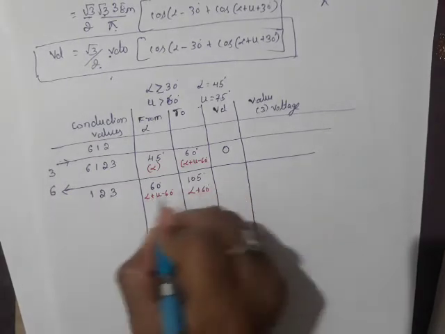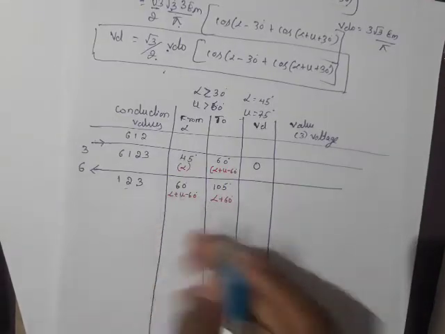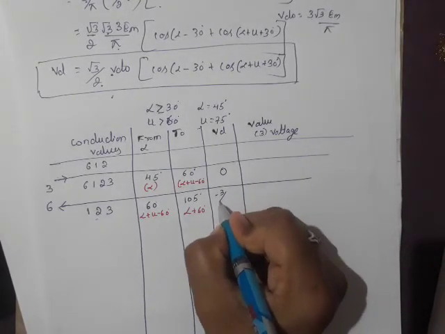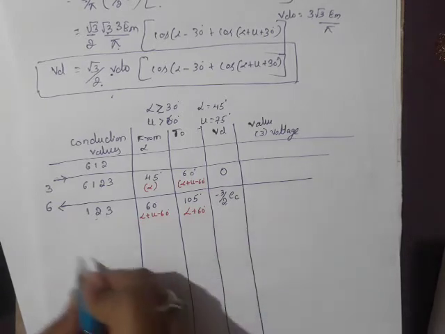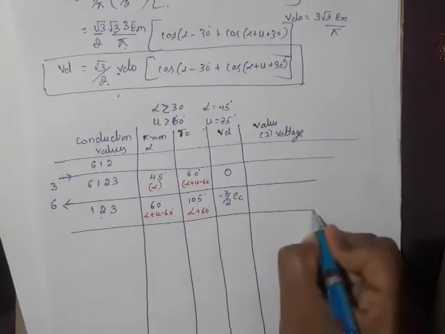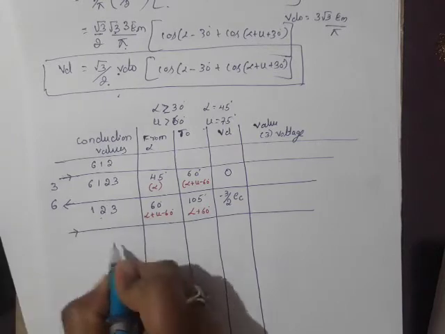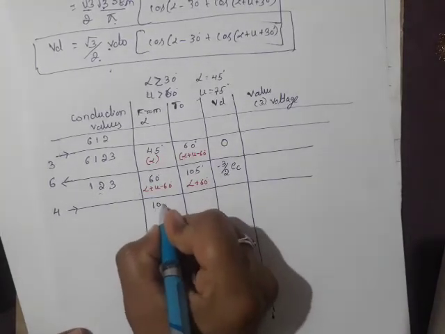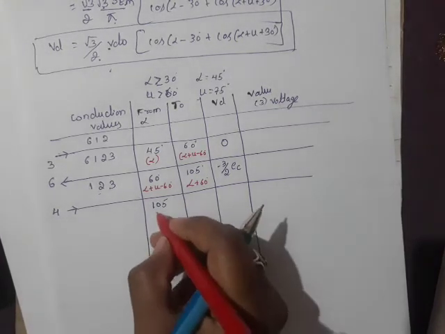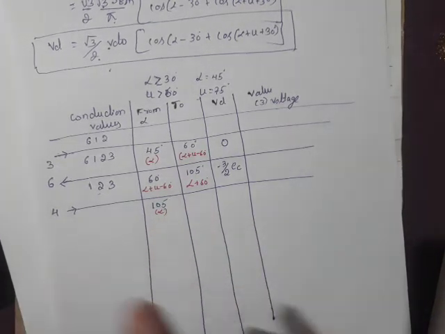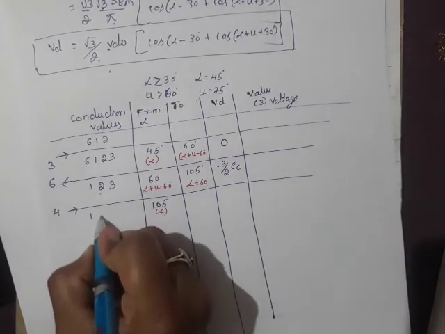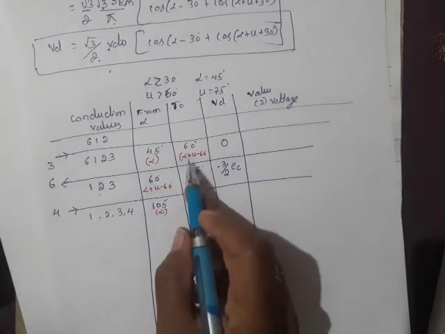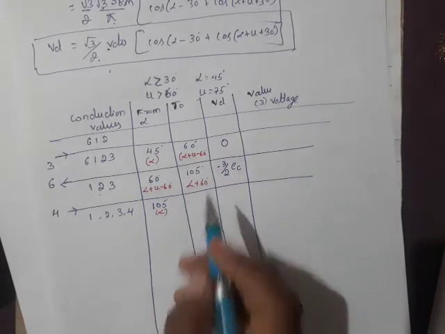So alternatively you have to do this. When valves number 1, 2, 3 are conducting, just now we have derived the output voltage, that is minus 3 by 2 times of EC. Then valve number 4 comes into conduction. Where is valve number 4 coming into conduction? At 105 degree, that is alpha. For valve number 4 it is alpha. Then 1, 2, 3, 4 valves are conducting. To where will it conduct? Alpha plus u minus 60 degree.